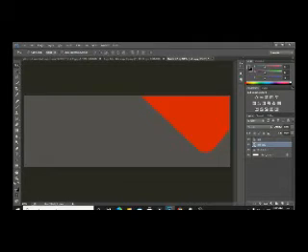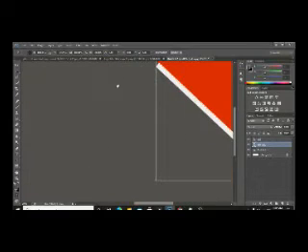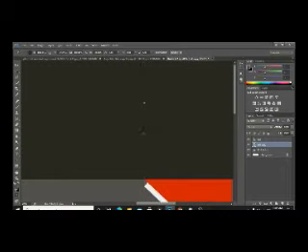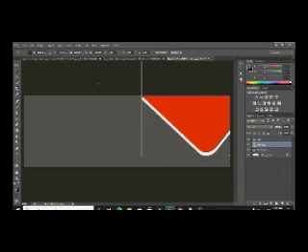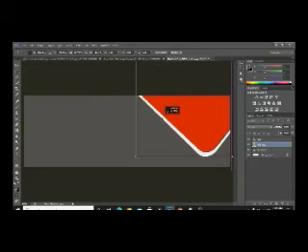How? For that you can just adjust it a little bit like this. Okay, I have to increase the size, then press Enter.